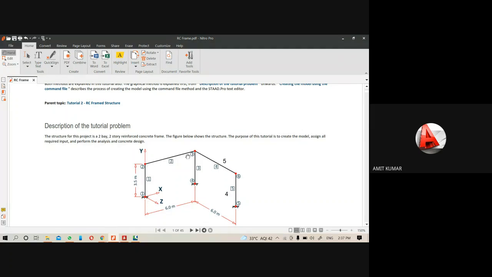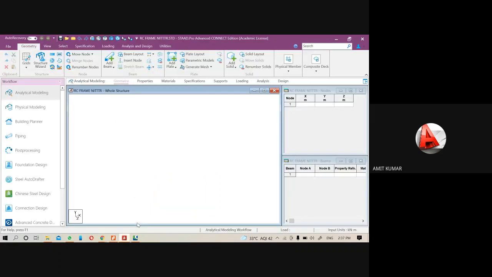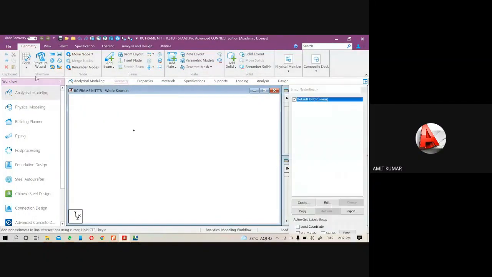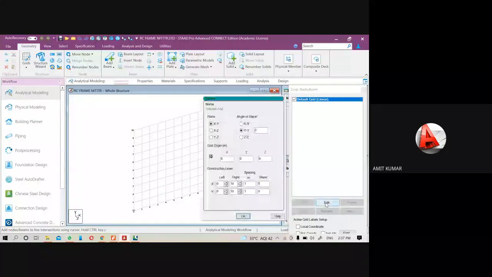Then I will use the translational repeat along the x-axis with the distance of 6 meter. So just see, open a grid here. Just change the spacing to 3.5 directly along the y. Sorry, not along the x. Still along the y only.